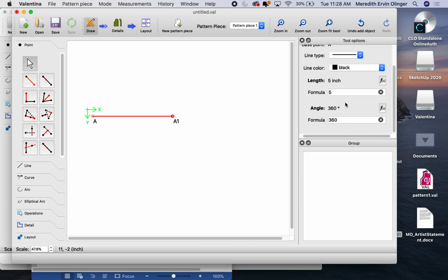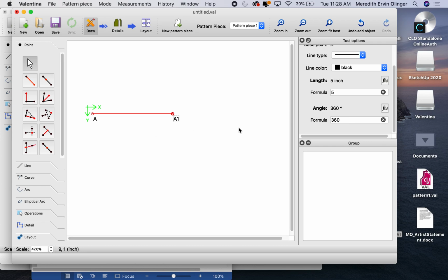So I can actually go in and manipulate this over here as well once I've drawn it. If I draw it and I'm like, that's not really what I meant to do, it needs to be longer or the angle needs to be different, I can change it, okay? So let me just show you with the angle. So I've got this at 360. So if I want it to go straight up and down, I'm going to press 90 and it's going to